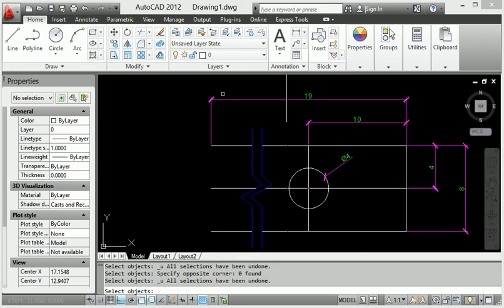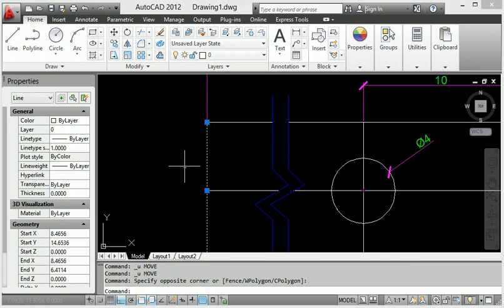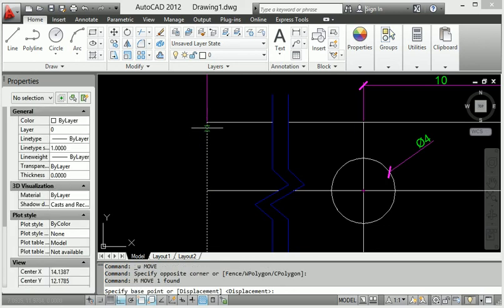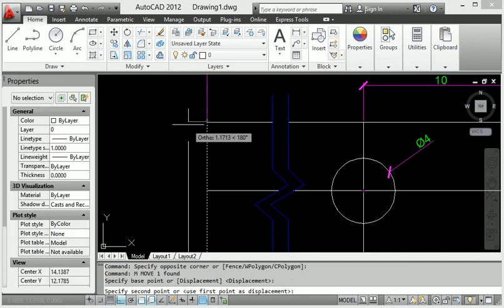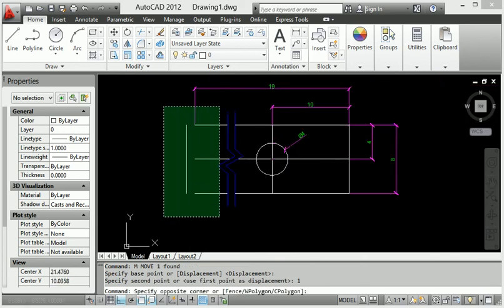Okay, now Control Z. Select, go to move, enter, and 1 mm has been increased.